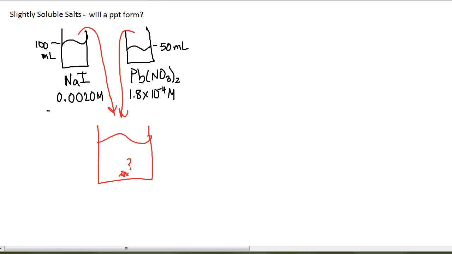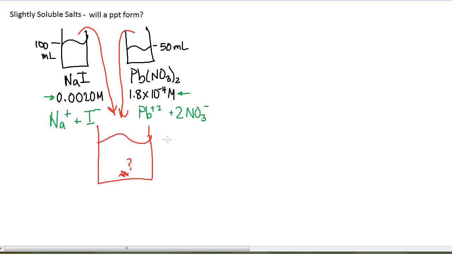In my sodium iodide solution, I have sodium ions and iodide ions. I can calculate or determine the concentration of each of these ions from this starting molarity. In my lead-2 nitrate solution, I have lead plus 2 ions, and I'll get, notice, 2 nitrate ions for every 1 lead-2 nitrate that splits up. I only get 1 sodium and 1 iodide for every sodium iodide that splits up. I get 1 lead plus 2 and 2 nitrate ions for every lead-2 nitrate that splits up. But again, I can figure their molarities, their concentrations, based on the starting molarity of the ionic compound,